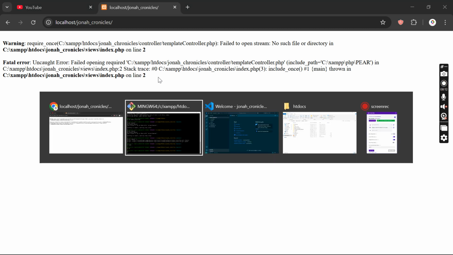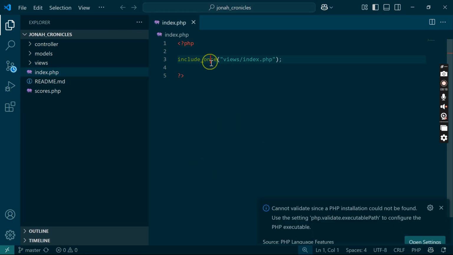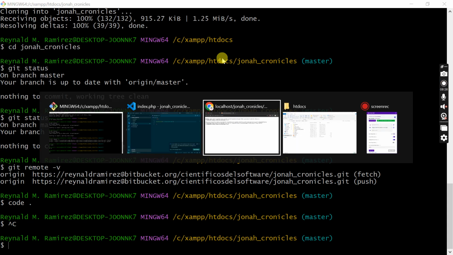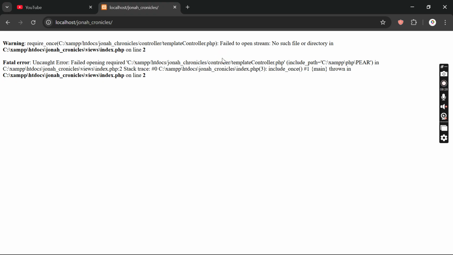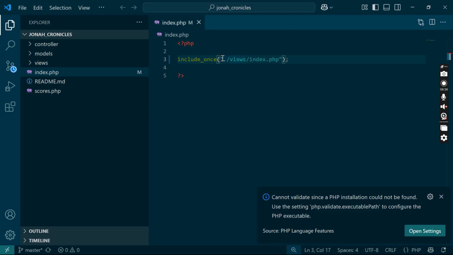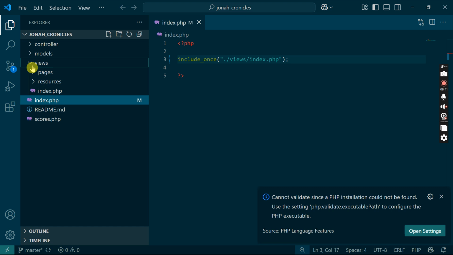What I'm going to do is go to the index, and in line number two, it is the views and index.php. I'm just going to put a point in there, and that should fix that error, for example. Or if it doesn't work,